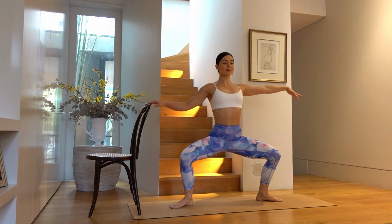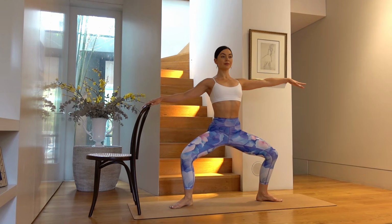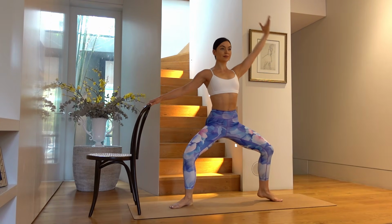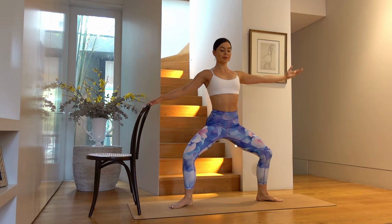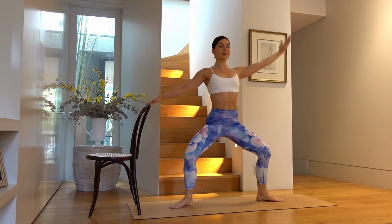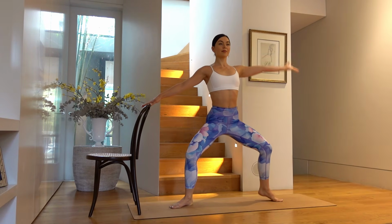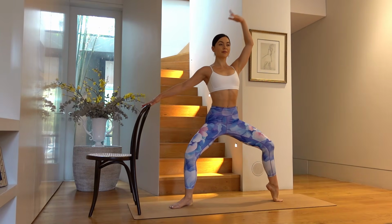Let's do one more. Now hold low. Flip your right palm up towards the ceiling. And let's lift our right arm and our right heel up and down, staying nice and low in our legs here, keeping our navel drawing in towards our spine. Our shoulders are down and back, and our chest is nice and lifted, taking our gaze up, finding that beautiful